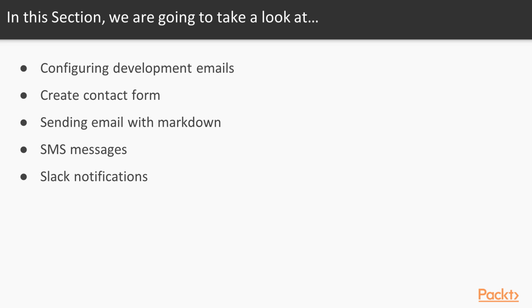And then after that, we'll talk about some other types of notifications. We'll learn about SMS messages, how you can send phone-based messages, text messages to your users. This is always something that's going to be really handy. And then another thing is Slack notifications. And there's a unified API throughout Laravel. It's going to make it super easy to send all these different types of notifications, just different ways to communicate